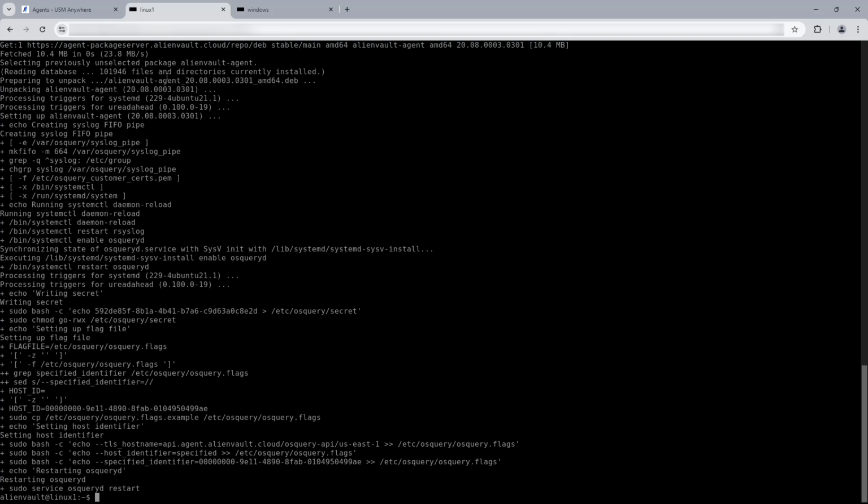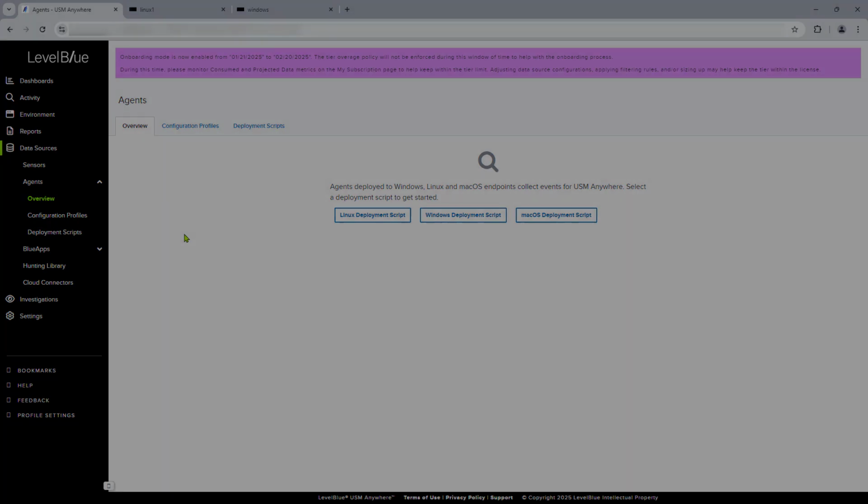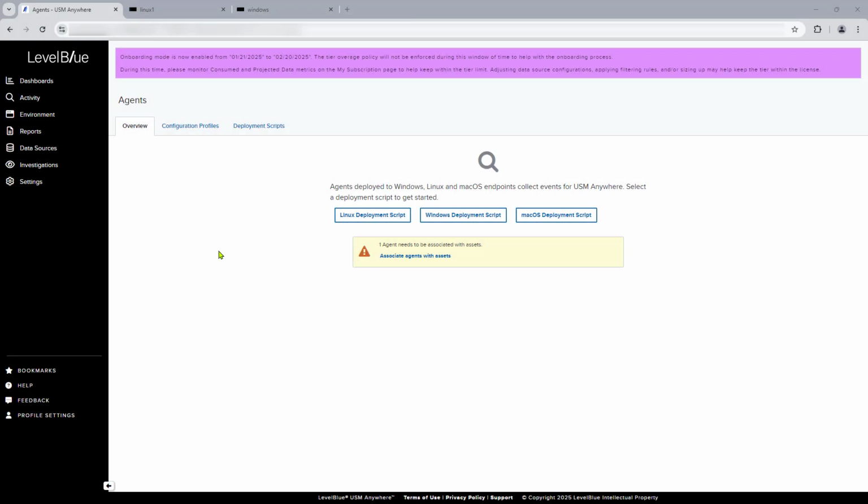The command has finished running, and we can see that it did install the OS query service, and it also restarted it. Let's switch over to USM Anywhere so we can look at our new asset. It's going to take a few minutes to show up in this page, so I'm going to pause the video and come back. After a few minutes, we will see that we have